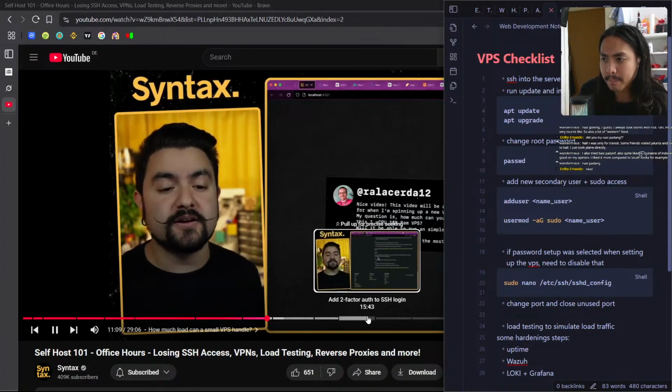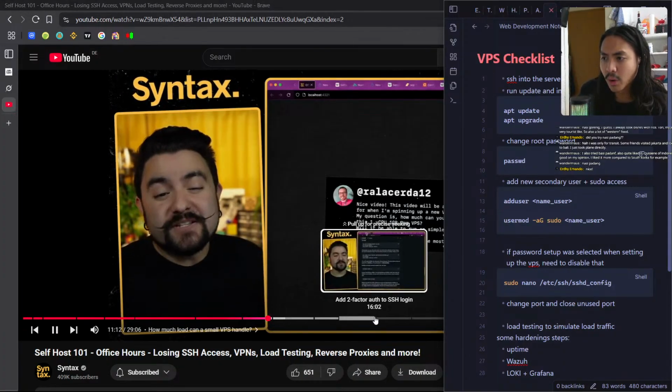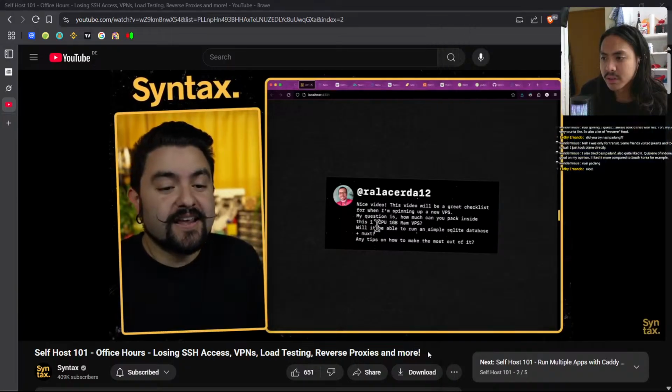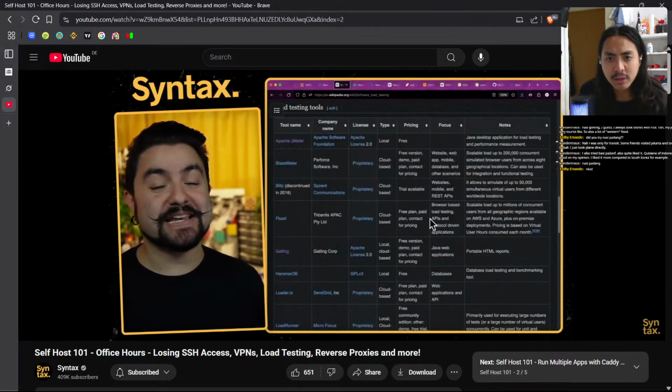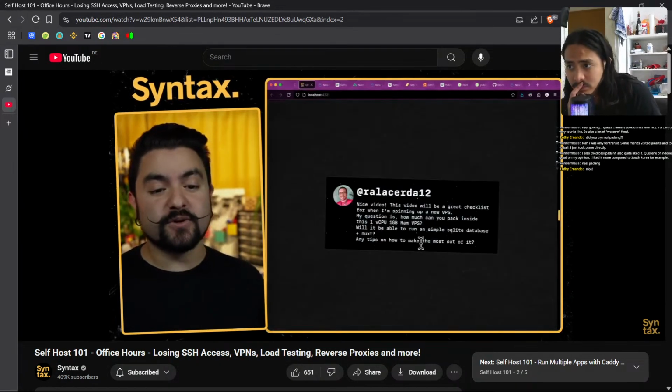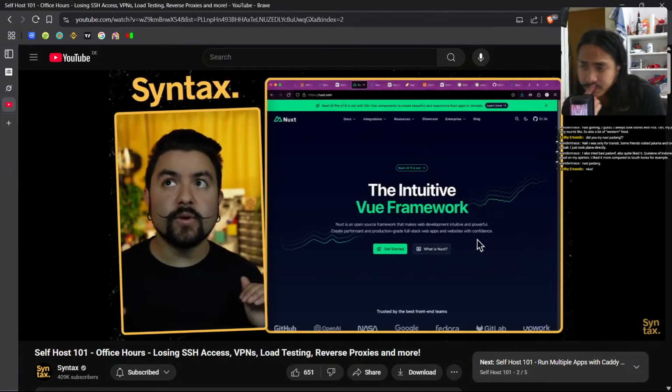And so that's really the only way you're going to know if the server can actually handle it. SQLite is fine. Maybe a few hundred users accessing your app, totally fine. But again, it's going to depend on how much load your server is actually getting and how many users you have. But specifically for tips on how to make the most of it, I will say that if you are